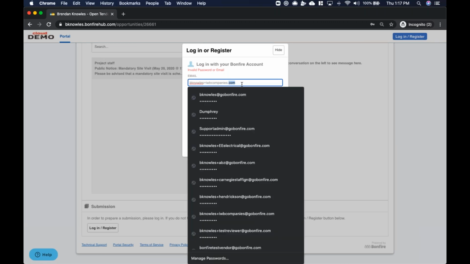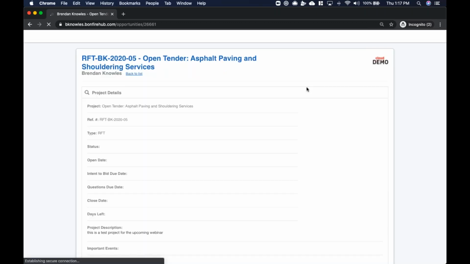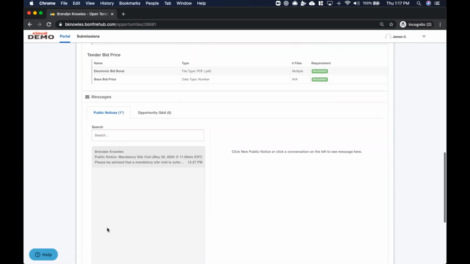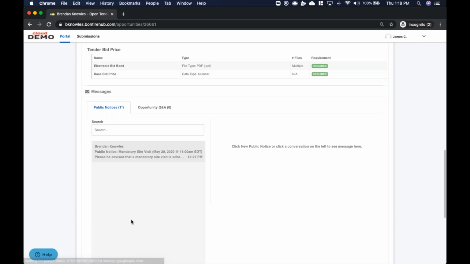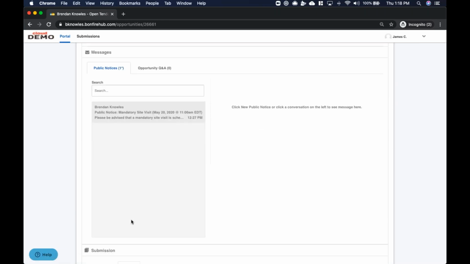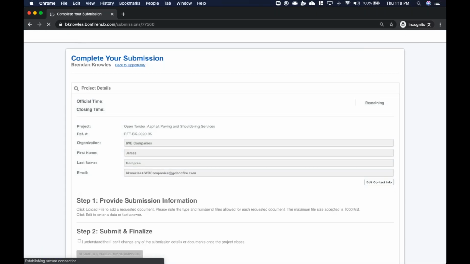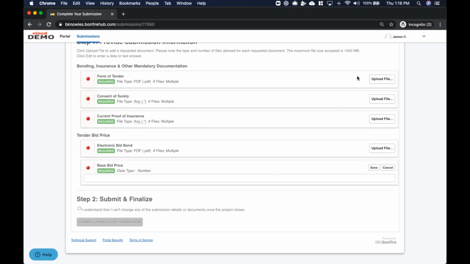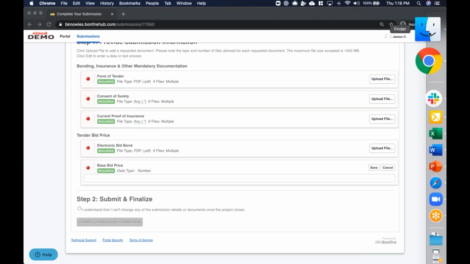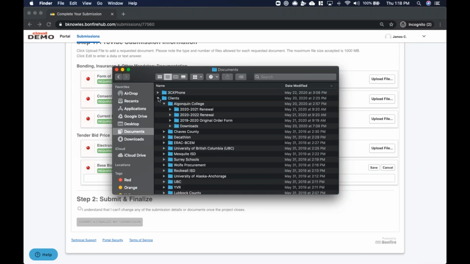Oh, just bear with me, guys. While you're logging in too, I will pose a question that came in. We had an organization ask or mention that they typically hold mandatory site walks or pre-bid meetings during the solicitation, not ahead of advertising, as the example is in this demo. So this is not to you, Brendan, but more to the group. People are welcome to write in if that's their best practice, or they do site visits during the actual timeline of the opportunity itself, and I'll share those answers later. Sorry, back to you, Brendan.